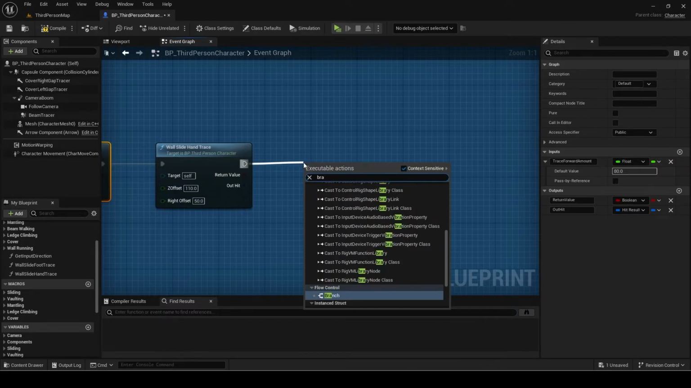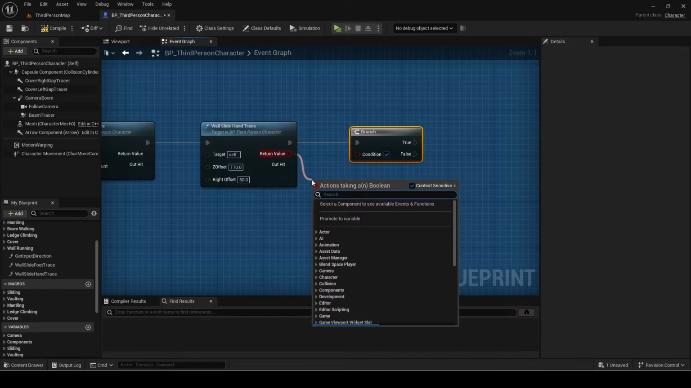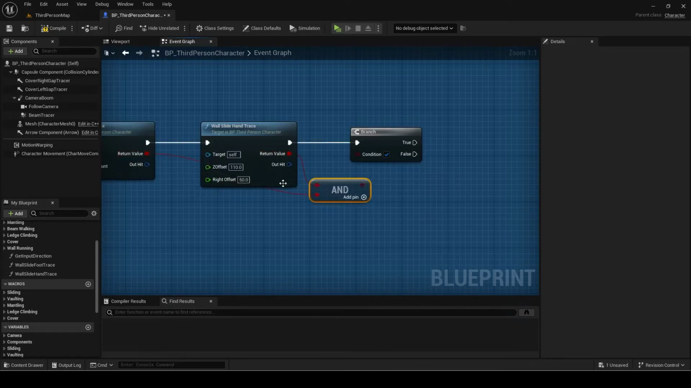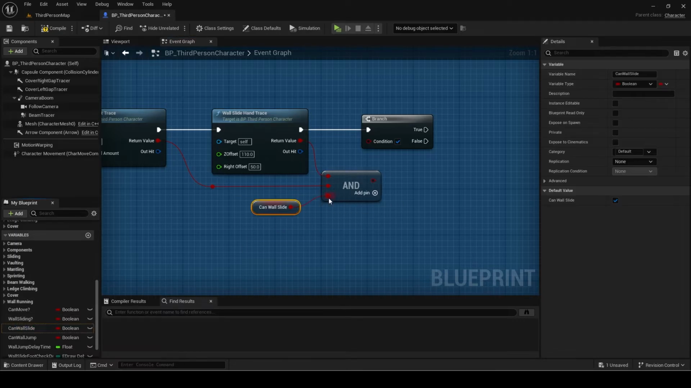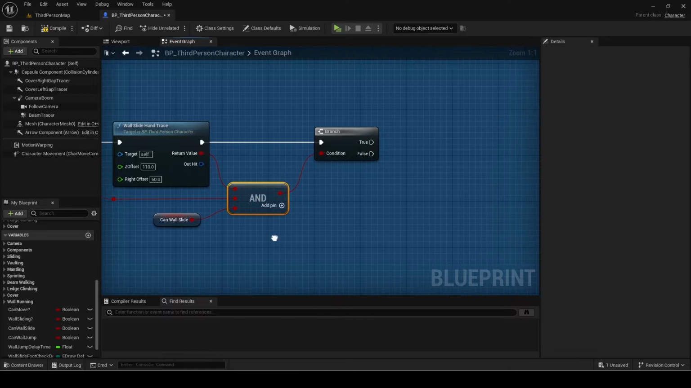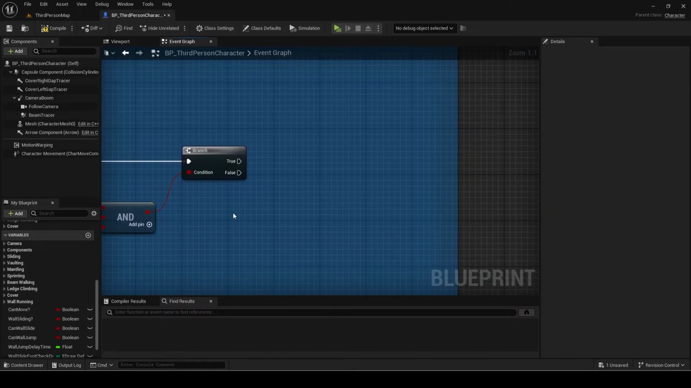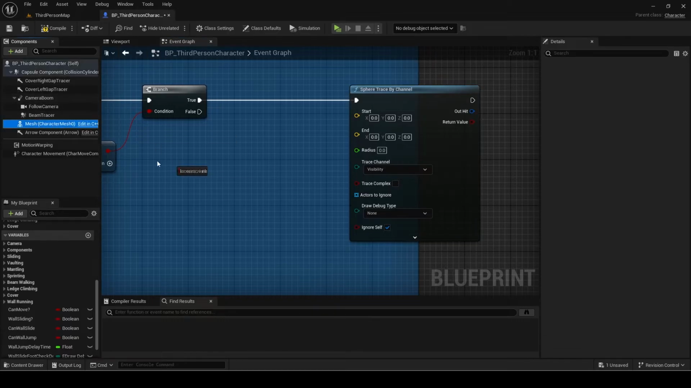Add a branch node. Add an AND operator with 3 inputs. The first 2 are the return values of the trace. The final one is can wall slide. If true, add a sphere trace by channel. This is for an initial ground check to ensure the player isn't too close to the ground when wall sliding